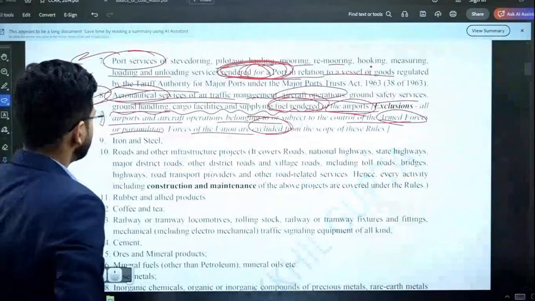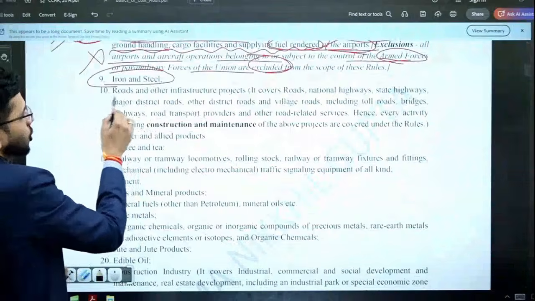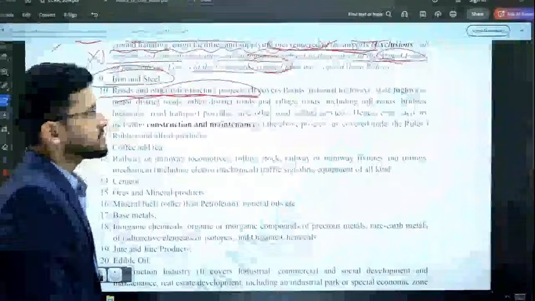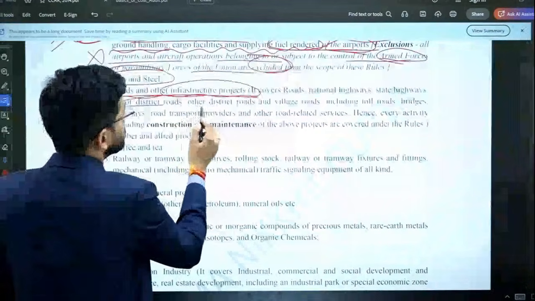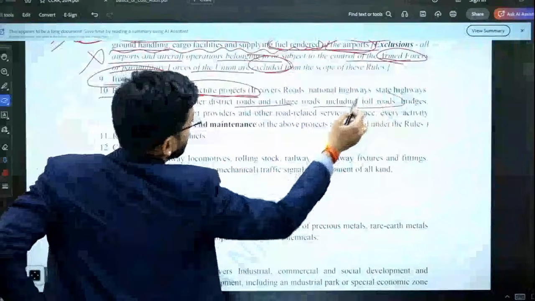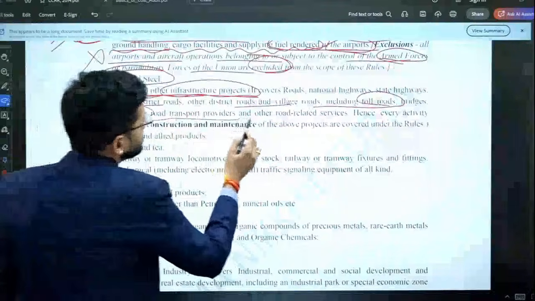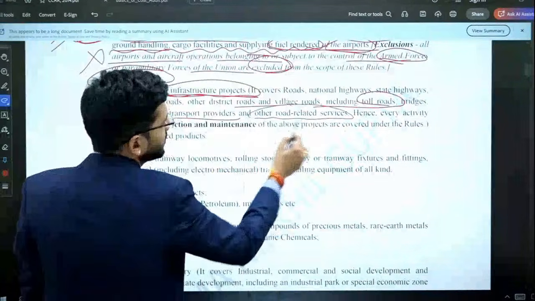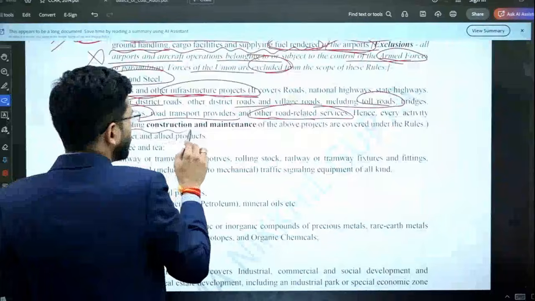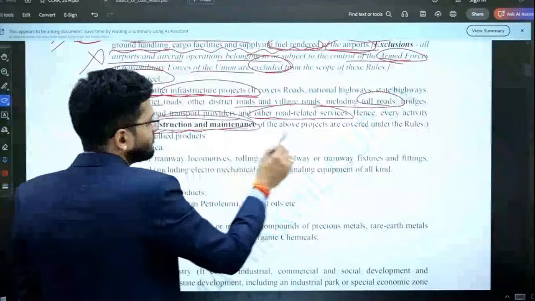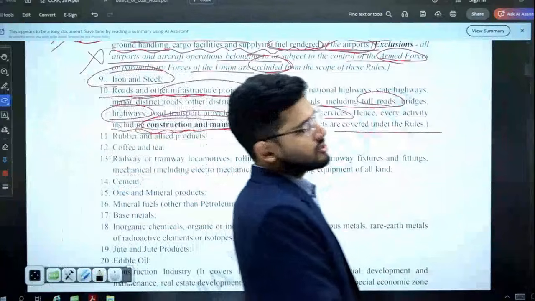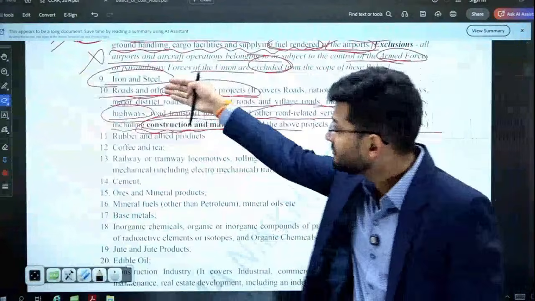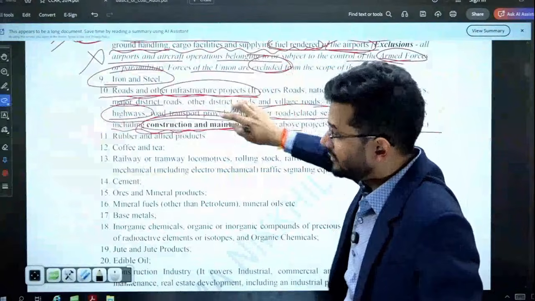This is the exclusion. Iron and steel, road and other infrastructure projects, very important. Any kind of road projects or infrastructure projects, it covers road, national highway, state highway, major district roads, other district roads, village roads, including tolls, bridges, highways, road transport providers, and other road related services. Hence, every activity included in construction and maintenance of these projects is covered under these rules. So if you are engaged in construction and maintenance of any of these things, then you are covered under the